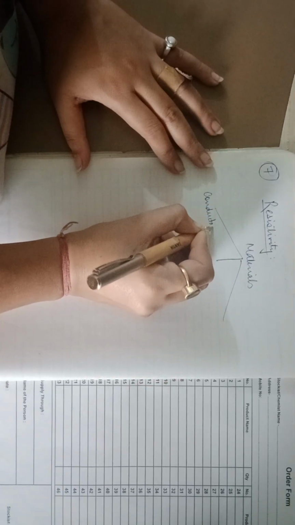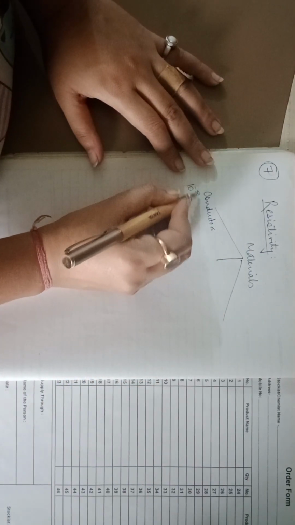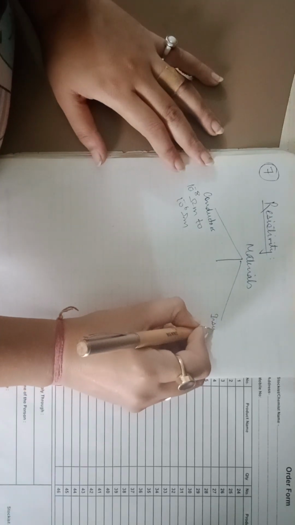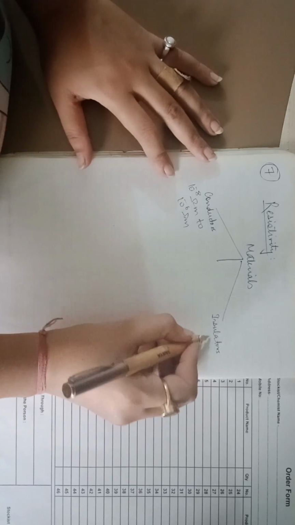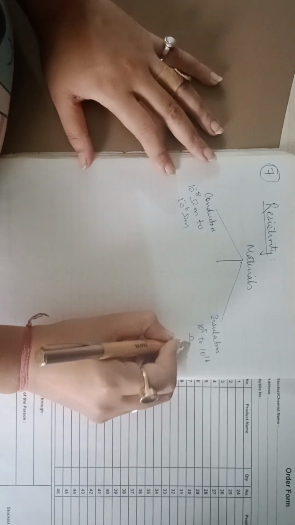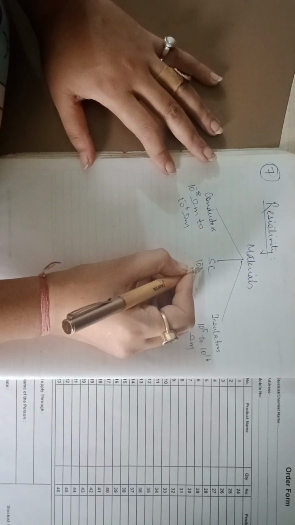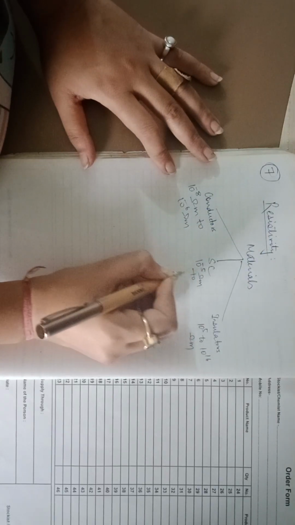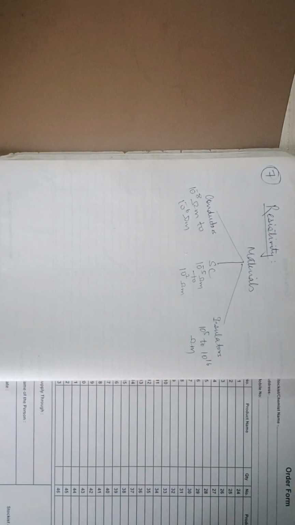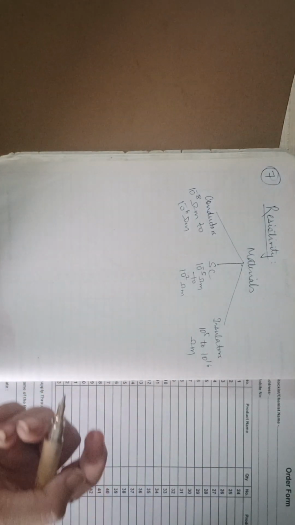There are different types of materials. Those are conductors which have the least resistivity. They can range from 10 raised to minus 8 ohm meter to 10 raised to minus 6 ohm meter. Next come our insulators, which have a very high amount of resistivity. It can range from 10 raised to 5 to 10 raised to 16 ohm meter. Then we have semiconductors whose resistivity can range from 10 raised to minus 5 ohm meter to 10 raised to power 2 ohm meter, or you can say till 10 raised to power 5 ohm meter, no problem. ठीक है, ये अलग अलग होते हैं। तो इंसुलेटर्स, you know, they are rubber, plastics, there are various types of insulators.